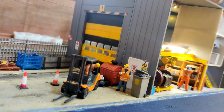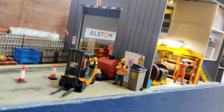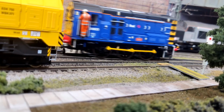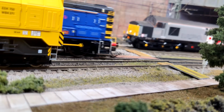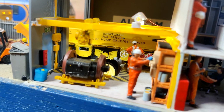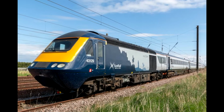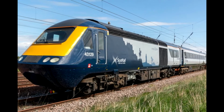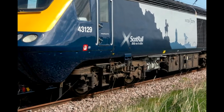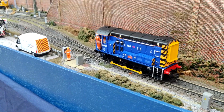A prominent feature of this layout was its forwardmost shed with the side cut out so spectators could see within. A six-wheeled snowplough with clip-in axles had been modified slightly to rest on its middle axle and not hold it to the model. The effect of this was that, when shunted to exactly the right place, a small section of track could be lowered and the wheel could drop out, allowing the inch-high engineers to work on it. This could also be done with a Class 43 in the Seven Cities ScotRail livery, but this would cause the bogies to drop as well and look lopsided. The builder said to me that it was a small layout, so he felt he had to go big on